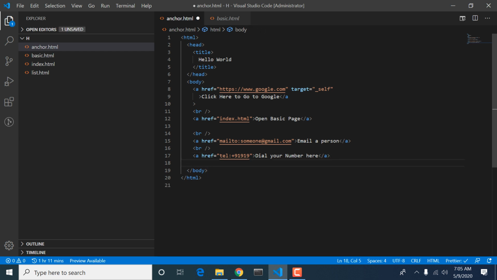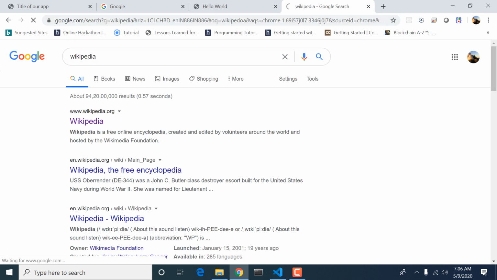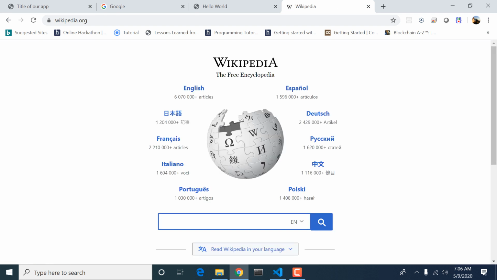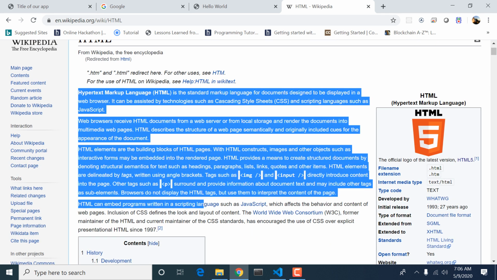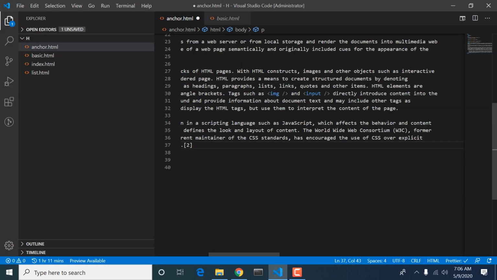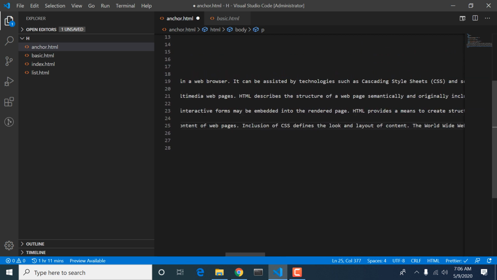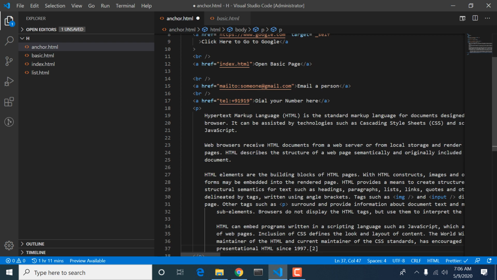anchor text, and also we can navigate in our page from down to up. For example, what I'm trying to say is that if I have a paragraph tag, and we can go for Wikipedia. Okay, so just wait a minute. We put this in this tag.